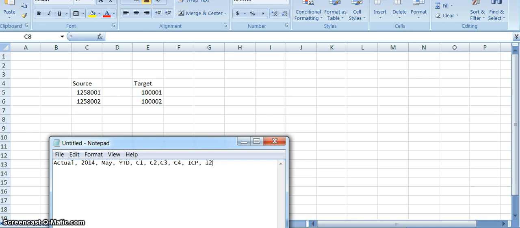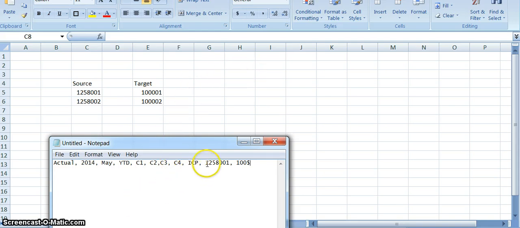The account is 1258001. His data is some $100. If the file is loading like this, this actual 2014 May YTD, everything FDM will understand,